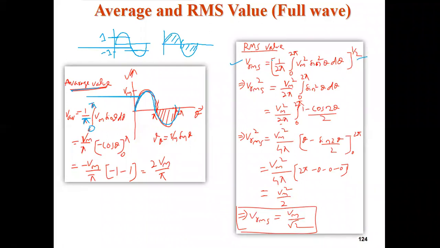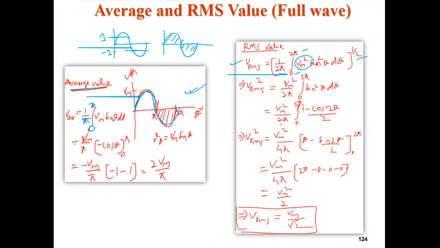in the RMS part, what you are doing is the same thing, root over of mean of square. So for the mean of square, I have taken 1/2 pi, and here it is 0 to 2 pi. You can ask me why I am taking 1/2 pi here, but on the left side I was not considering 0 to 2 pi, I was considering only 0 to pi.